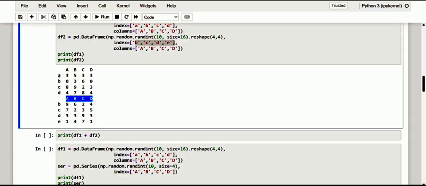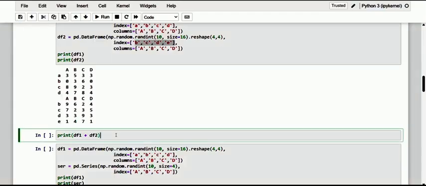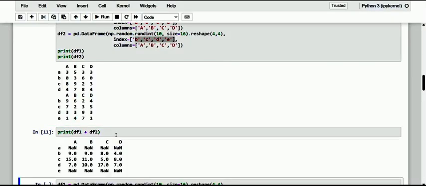Here we have A, B, C, D, and in data frame 2 it is B, C, D, E. Now let me apply an arithmetic operation.